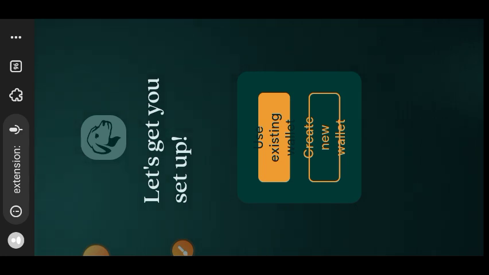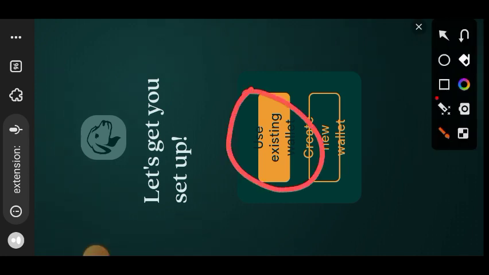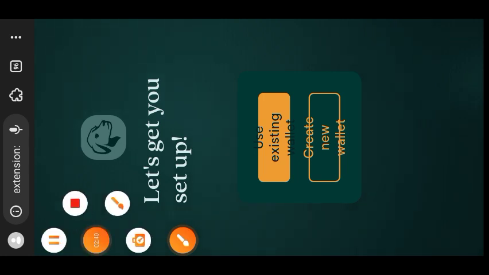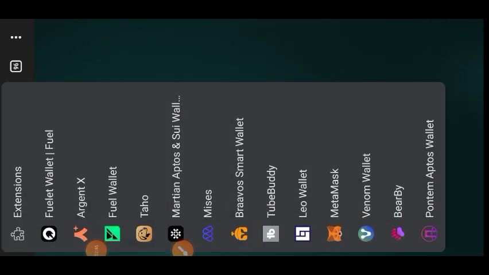Now you can decide to create a new wallet or use your existing wallet, but for your own benefit, I will suggest that you import a wallet. How do you import a wallet? Choose the MetaMask wallet that you have been using for all of your testnet and airdrop interactions. Then paste the seed phrase of that particular wallet in your Taho wallet so that you can import your MetaMask wallet inside of Taho. In that way, when you want to do Galxe interactions and all of that,